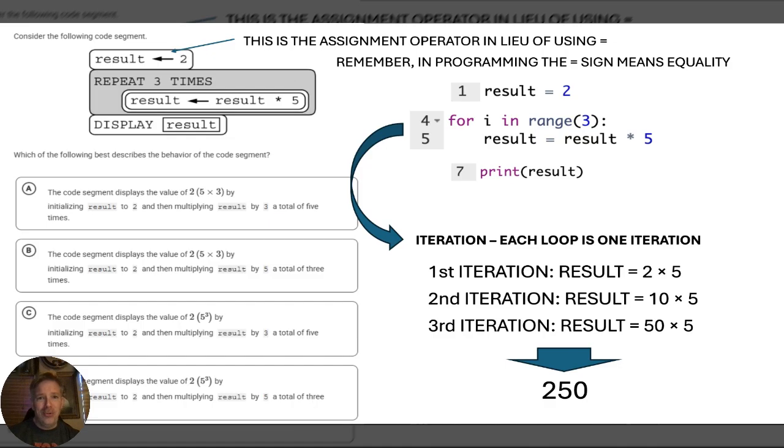We know that our loops were iterating 3 times. So what you would want to do is read these two and eliminate the last one. I'm going to go ahead and eliminate C because it's saying that we're iterating 5 times and we're not. We're iterating 3 times. So the answer on this one would be